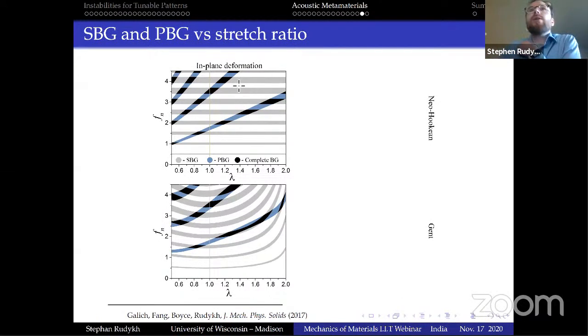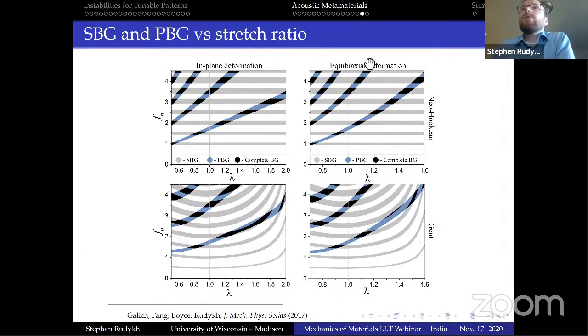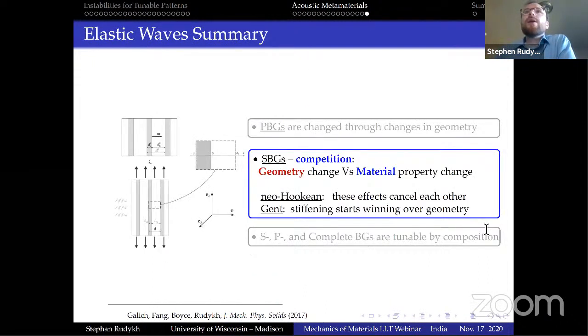Now, just to illustrate that this is not limited to this in-plane deformation, the same similar behaviors also occur for equibiaxial deformation. So it's already a 3D type of deformation, and then also for the Neo-Hookean material, the shear band gaps stay the same, and for the Gent material they start to change. And the reason for that, just to summarize this very quickly, is